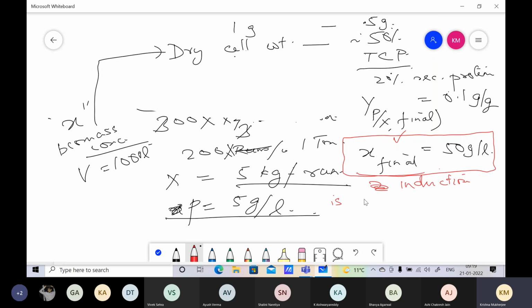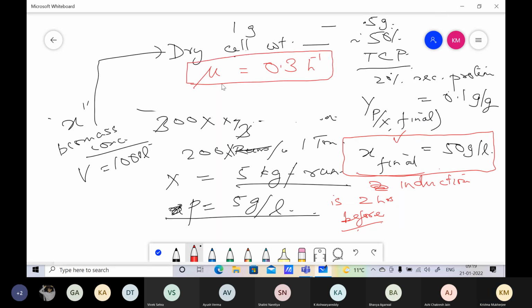Induction is 2 hours before. Now the cell is growing at a mu value of 0.3 per hour. The cell has to grow at 0.3 hour inverse, and 2 hours before, if the final biomass X final is 50 grams,